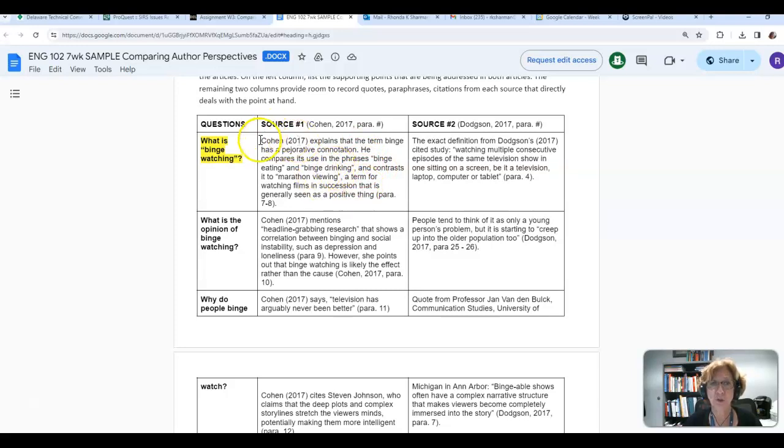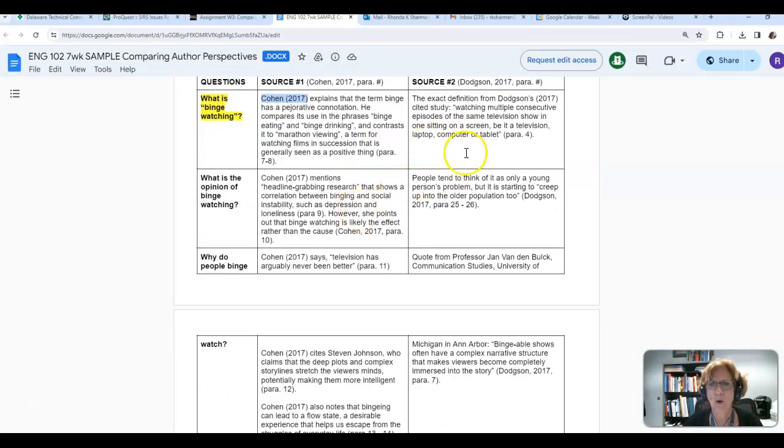Here you'll be sure to put your citation and clearly label which one is source 1 and which is source 2. The sample, I think, has about 1 point for each question, but certainly pull out whatever you can that's going to be beneficial for you in your paper. This is a longer paper, so the more information you can put in it, the better. So I certainly recommend putting more than one detail for each question.